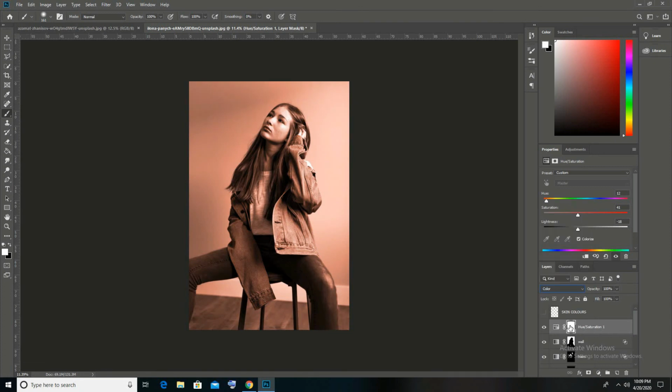Now we'll invert the layer mask by Ctrl+I, and we'll start painting on the floor. First we'll rename it floor.